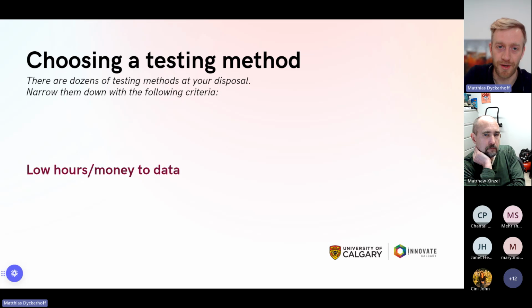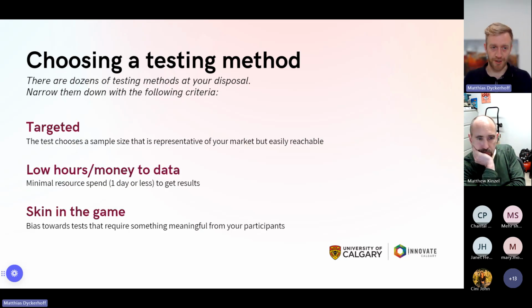When you're choosing a testing method, I tend to look for targeted tests, where you're testing a specific aspect of your business. I like to look at 3 things: that it's targeted, right? So in this case, you want to choose a sample size that is representative of your market. So a decent size, but reachable, so you don't have to spend a lot of effort to actually reach them. So in this case, either finding where people would congregate often, or going door to door, or doing flyers, or wherever you want to reach them, but find that balance so that it's a manageable test.